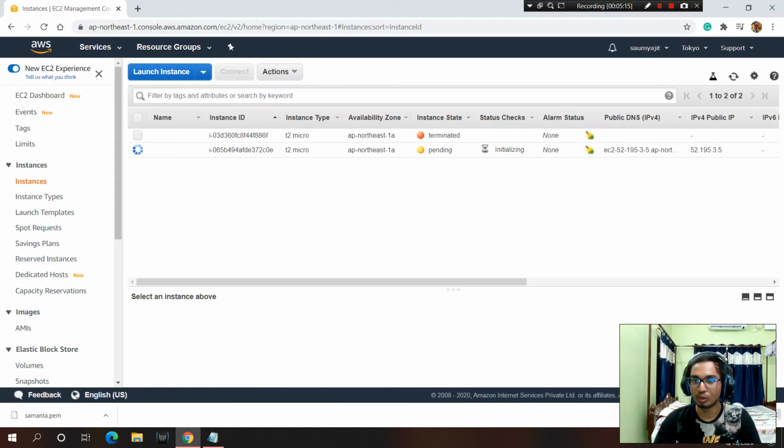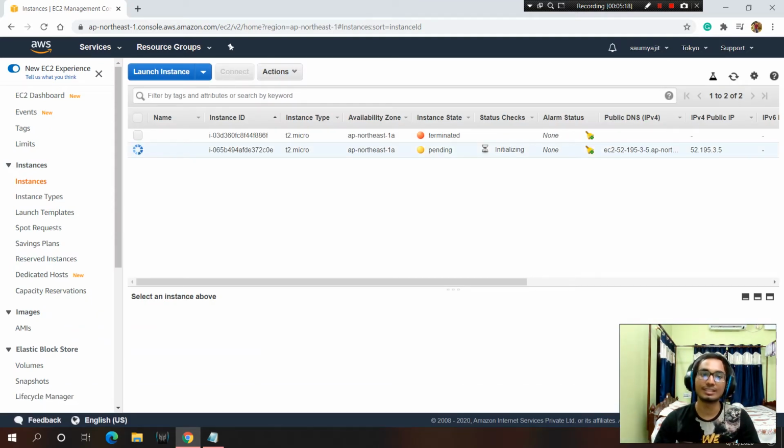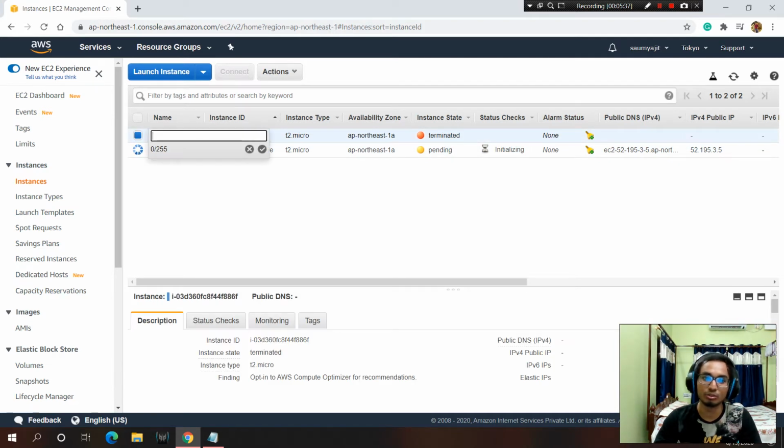And if you go ahead and view instance, you see this instance is launching, and it will take 10 to 15 seconds at most. Means within a couple of seconds you are launching your own virtual server. This is the power of virtual server, guys. In seconds you are creating your own server, and this is one I created long back, and you can delete it. I'll delete it in my upcoming videos.